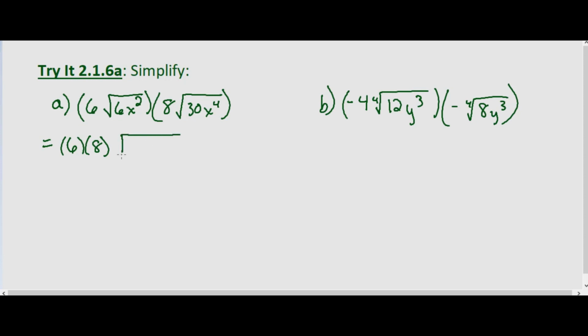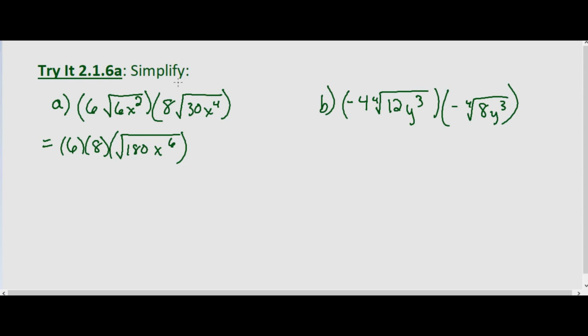times the square root of, let's just go ahead and combine these. 30 times 6 is 180. x squared times x to the fourth is x to the sixth. So what factors of 180 are perfect squares? If we look at the factors, we'd recognize that 36 times 5